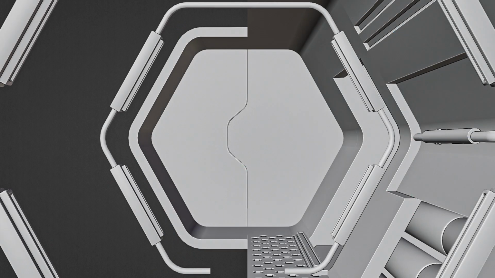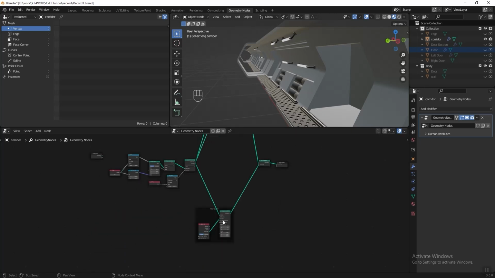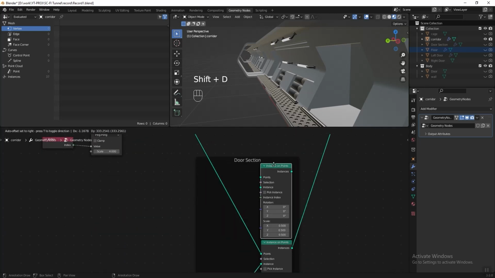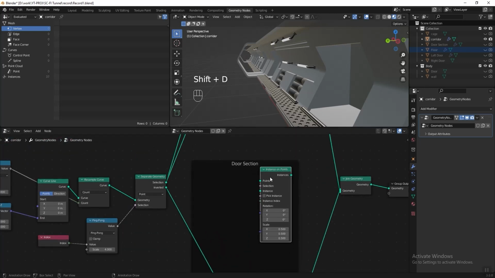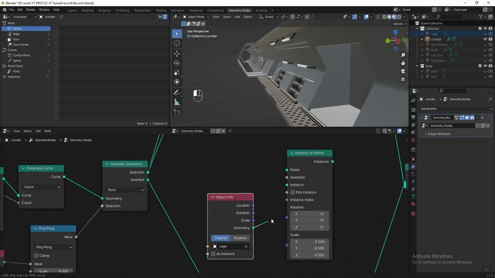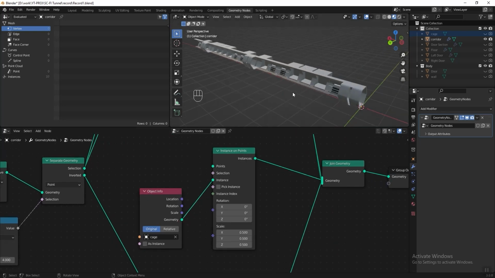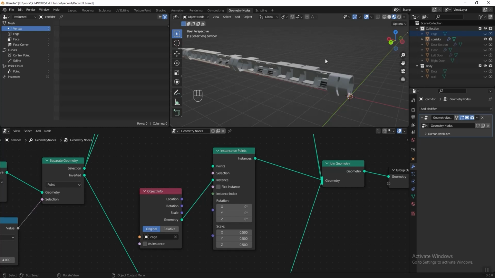Next, I want to add the cage. So again, let's move this higher, move this lower, duplicate this instant on point node, press alternate P to unframe it, drag the cage into the geometry node editor, connect geometry to instant, connect the instant to join geometry. For this one, we are not going to add the cage to the door section. I only want to clone the cage at the body section. So that means we need to take the point from selection output as well, connect it to instant on point